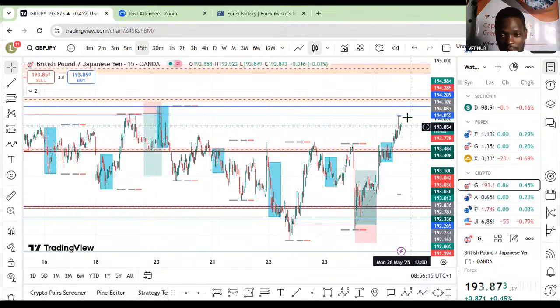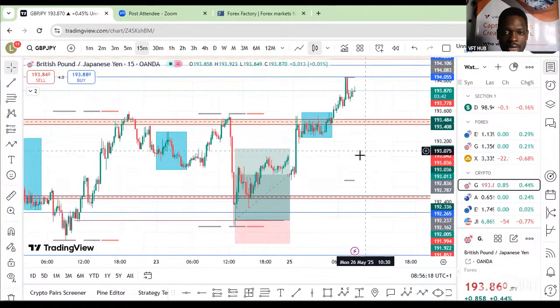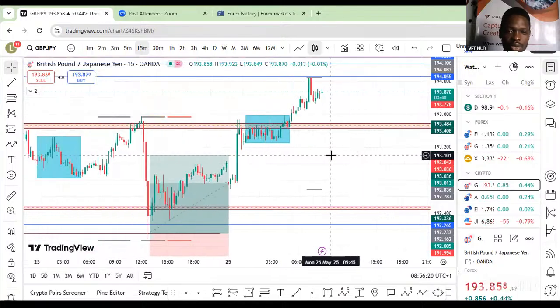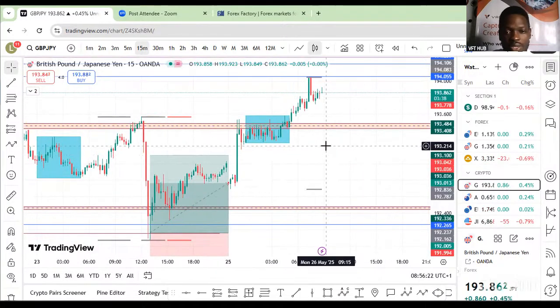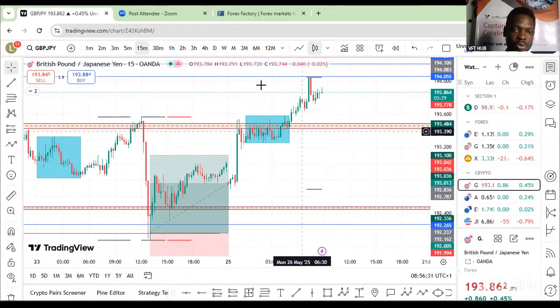And that is where price came to right this morning. Now, what is the entry pattern that we have? We've not seen any entry pattern for GBP JPY sell at all. So instead, just wait and let's see what exactly becomes of it. But before that, can we just take a look at the